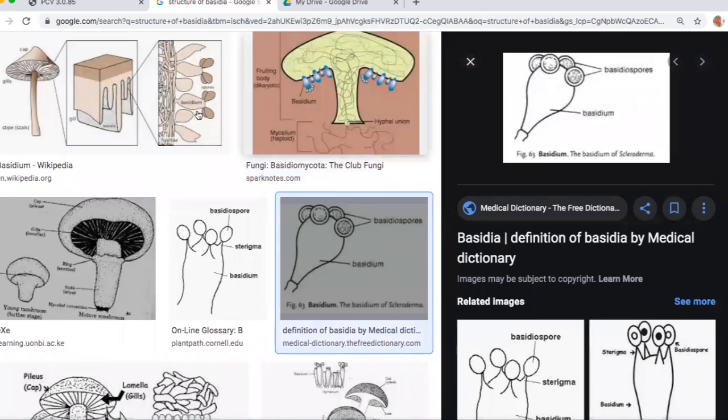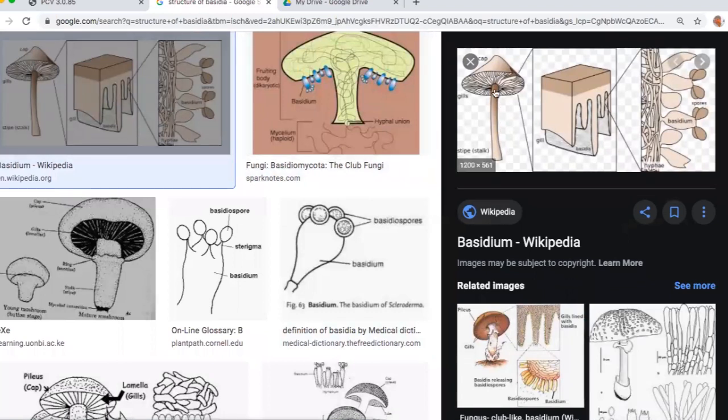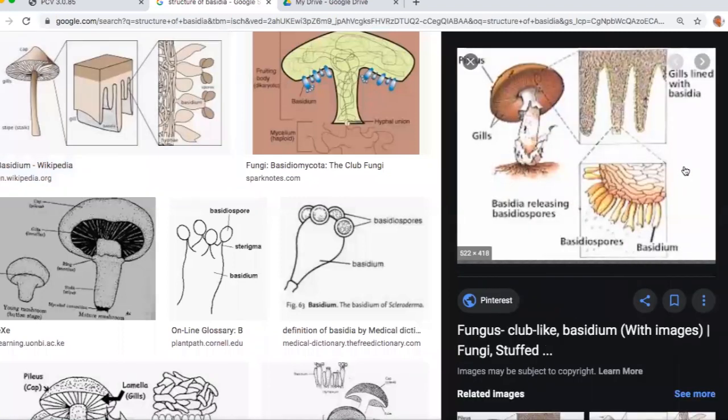Okay, so this is how it will be. If you are seeing the mushroom, the gill will be there. If you are seeing that gill, basically you will see structures like this. These structures are called basidia. In that, the basal portion is called the basidium, and you are seeing the spores. Is that clear? So if you see that area alone, the gills will be lined with basidia, and basidia will have basidiospores. Is it clear?